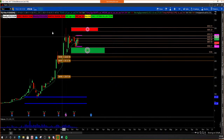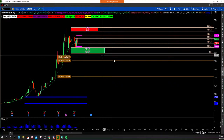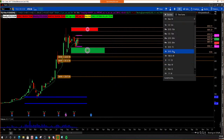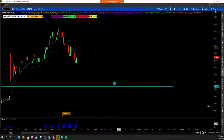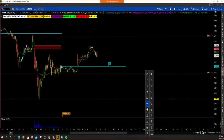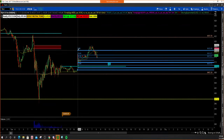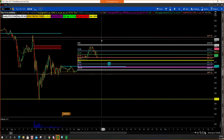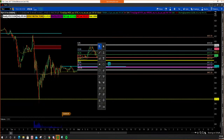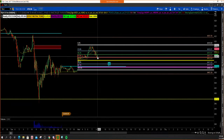All right, Tesla, nice little move here, 414 to 417 this morning. Little gap up. Let's go to a 5 minute, right? Let's see if we can scalp this thing. What I'm going to do is take the line in the sand. Matter of fact, this time I'm going to do it a little bit different. I'm going to do the gap up to the pivot high, and we can see here it's starting to bid around the 50. All right. I'm interested in Tesla if it can get back over